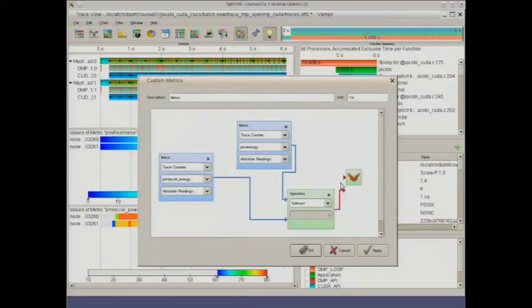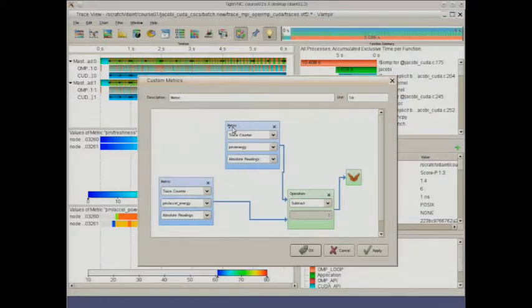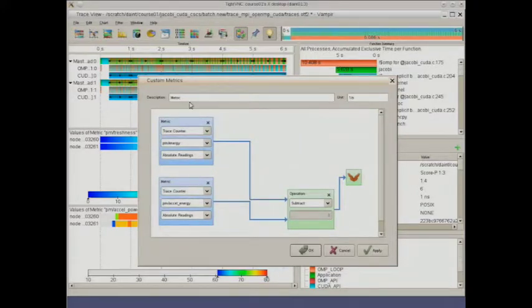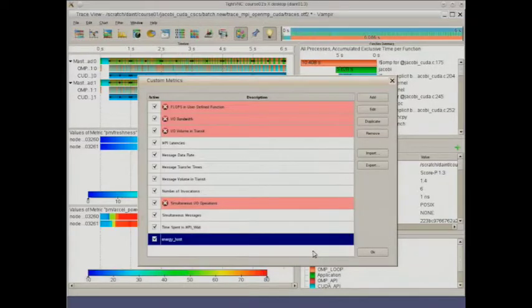And then we could give a name to the metric, like energy host or something like that. And we have a new metric down here.